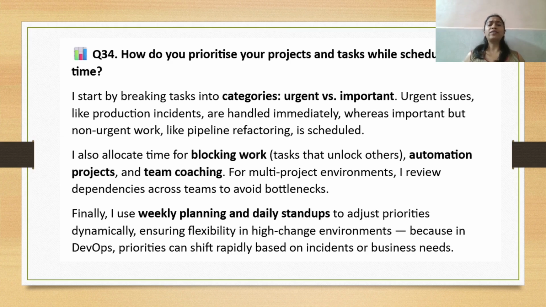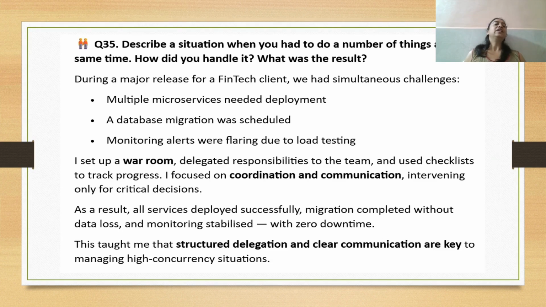So categories mean urgent versus important. Urgent means P1 or S1 tickets, which are related to production environments and are really urgent. You should be ready with backup plans for that, and prepare runbooks and Confluence pages for everything on an urgent basis. And the important ones are really important but not urgent. Correct me if I'm wrong. So, the next